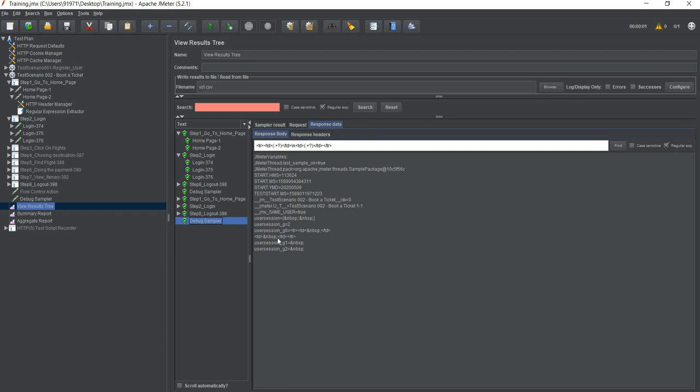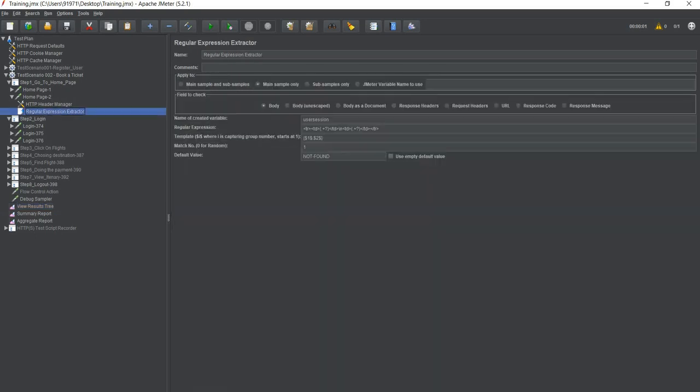If you see my debug sampler, in my user session I have this variable which says this is the fetched value, which is the first value, which is the key, and then there is a colon, and then this is the second value, which is the value. So we have formed this as JSON. The template is nothing but taking values from these parentheses. This is $1, this is $2, and putting it into user session as per our needs. There might be a scenario where you have written some code in the API which requires you to send JSON. So this is what you are doing, right?